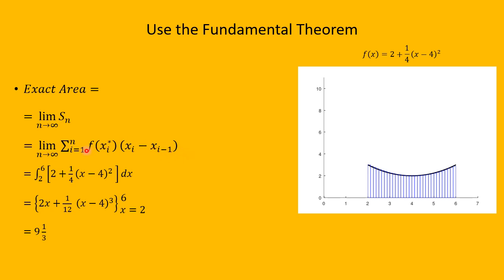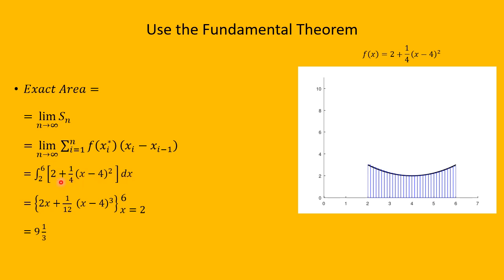And now we can use the fundamental theorem of calculus. So we're going to say that this limit of Riemann sums is going to be the definite integral from x equals 2 to x equals 6, which is what we have right here. The integrand is just the function that gave us this curve, 2 plus 1/4 times (x minus 4) squared